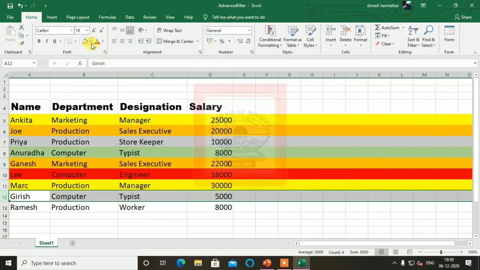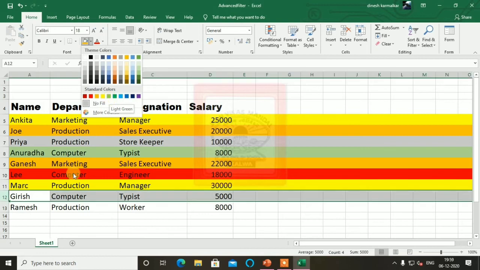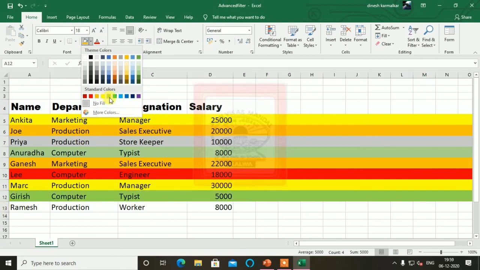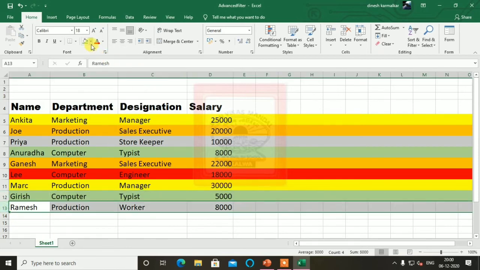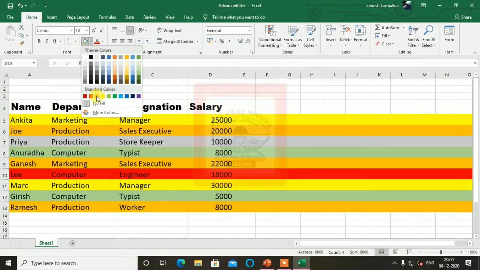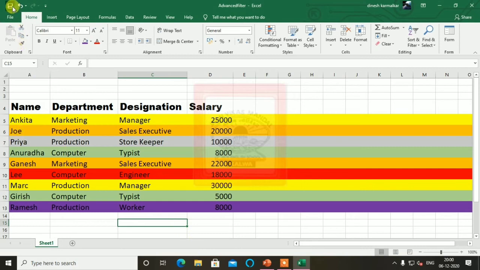So here also I am giving the same color for typist. And worker I am giving a different color. So this way we give different colors to different things.